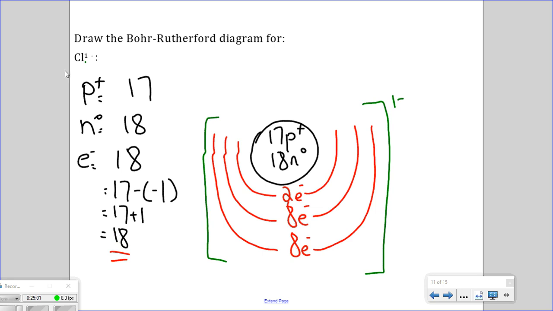So in this case, for the chlorine ion, the number of protons is 17. The number of neutrons is 18. To figure out the number of electrons, we take the number of protons, in this case 17, and subtract the charge, which we're told is -1. A negative times a negative is a positive, and we get